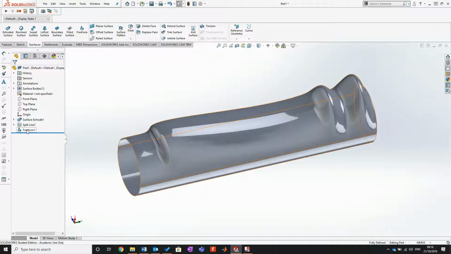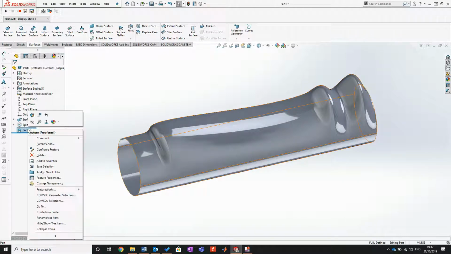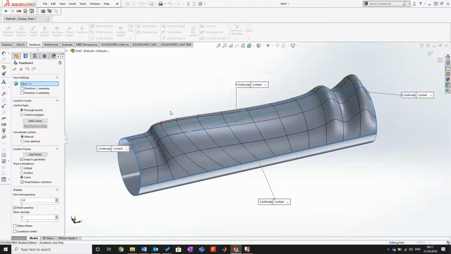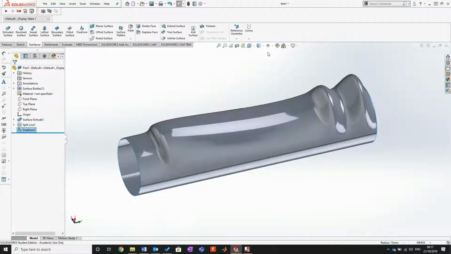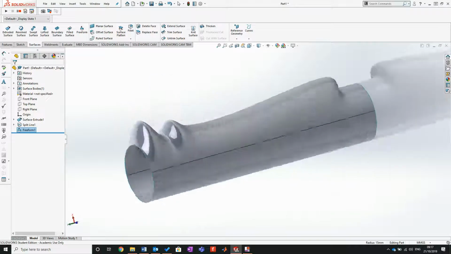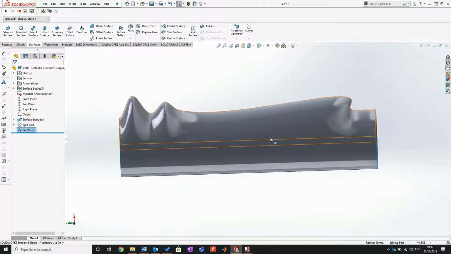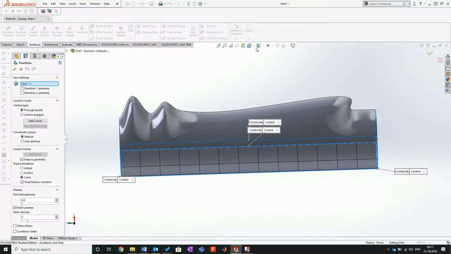I can always go to freeform, right click, I can edit the feature. You see where the curve is? If I left click on that curve, I can now still interact. So it's not that it's final, this is just a manual freeform like that. So I'm going to left click on this side, again come to freeform, and